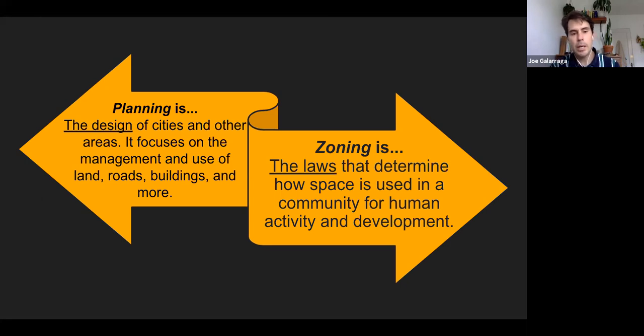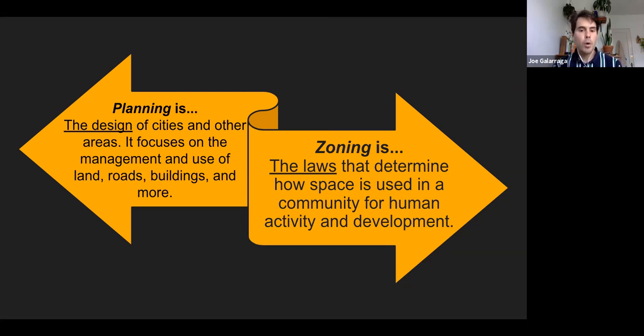Planning is the design of cities and other areas, communities, things like that, and it focuses on the management and use of lands, roads, buildings, and more. While zoning is really the law that determines how the space is used in a community for human activity and development. So I think that one begets the other in some way.